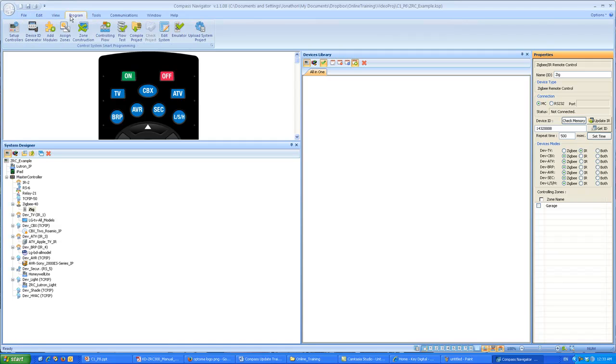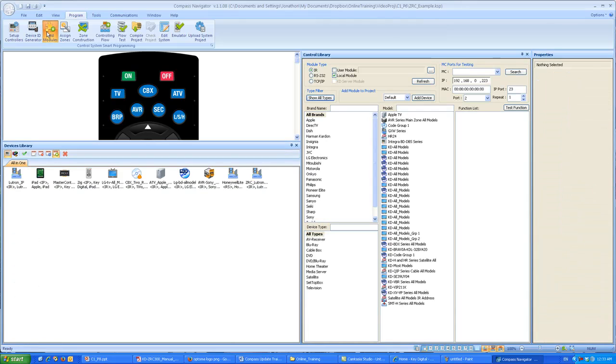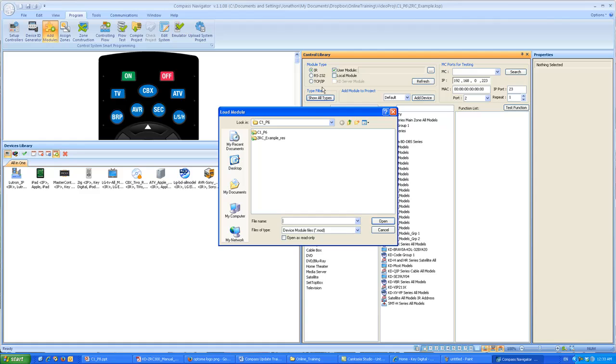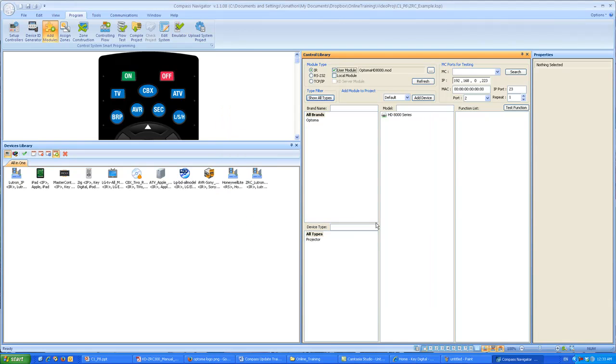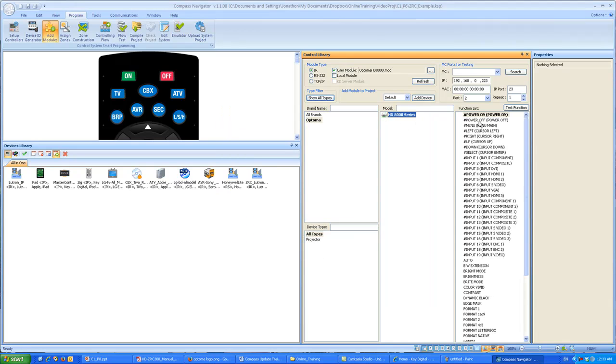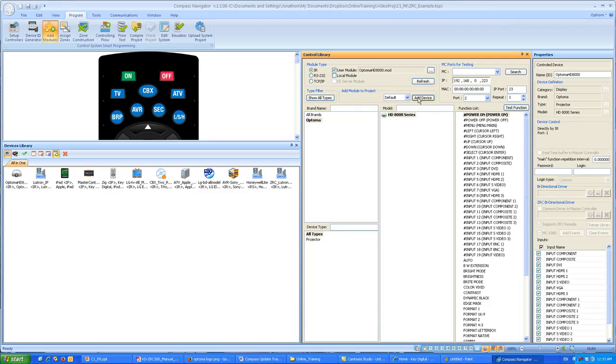I can just come over to Program and add modules, and now that's located in a user module. So where did I place that? I had it on my desktop, Optima HD 8000. Here's a device. You add it in,